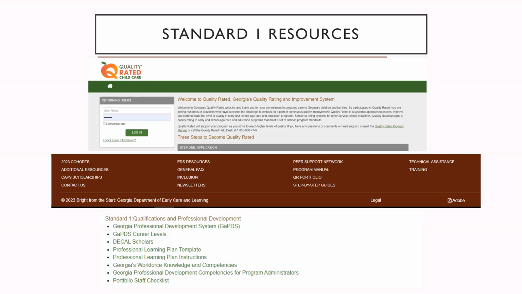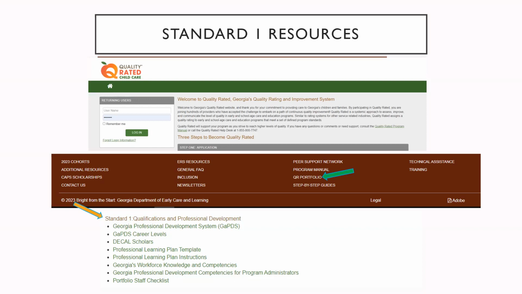Once you log on to your Quality Rated Portfolio, the resources for Standard 1, staff qualifications and professional development can be found by clicking on the dark brown banner at the bottom of the page and clicking